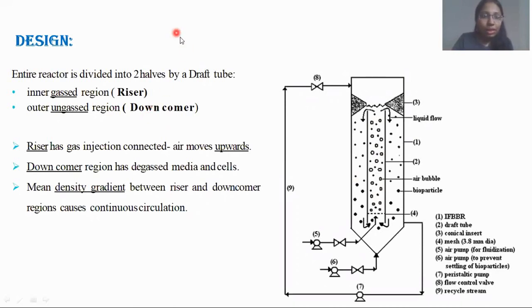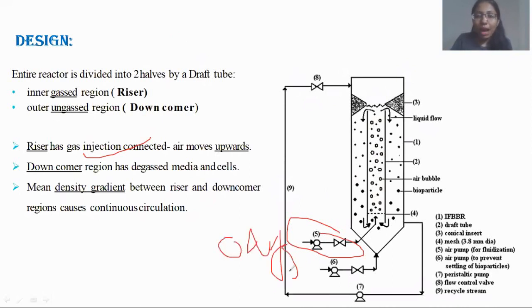Now let's see what the riser has: gas injection. Gas injection means, in figure number 5, the oxygen from the sparger is supplied there so that the oxygen can go up over here. So the gas will be rising from here. That's why it is called the riser. And once it reaches the top of the tube, then it will fall down. So you can see that the entire medium is getting lifted up, so it is getting mixed in a way. Hope it is clear till here.